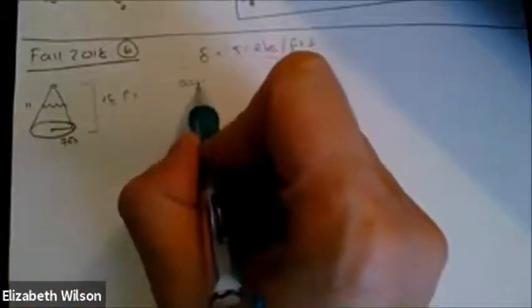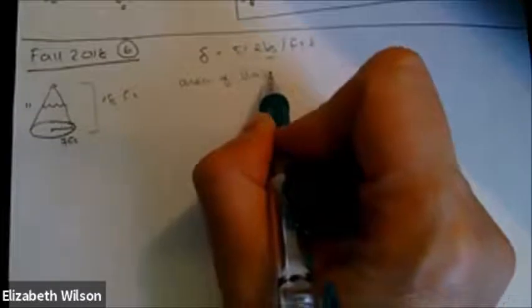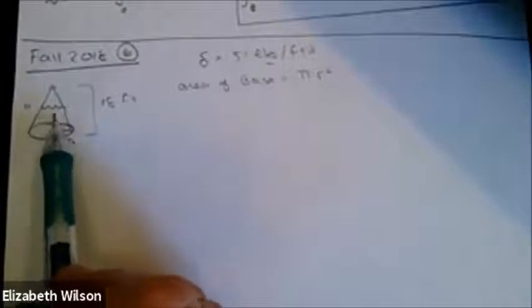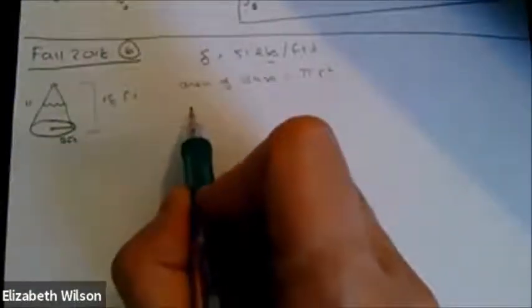Okay, so now again, we need to think about what's happening. First off, it's a right circular cone, so the area of our base is equal to pi r squared. The problem is that our radius is going to be changing. At the base, it's at its biggest, so the radius is 7 feet. But when I go up to here, the radius is going to get smaller and smaller. So I need a way of relating the radius to the height itself. When I think about similar triangles,